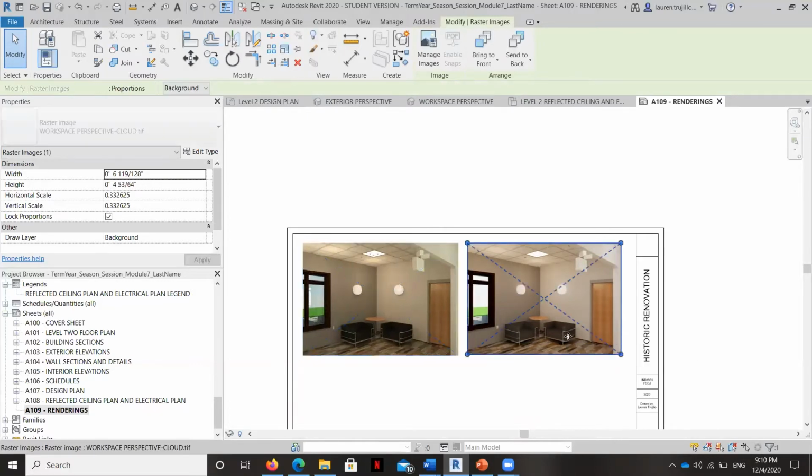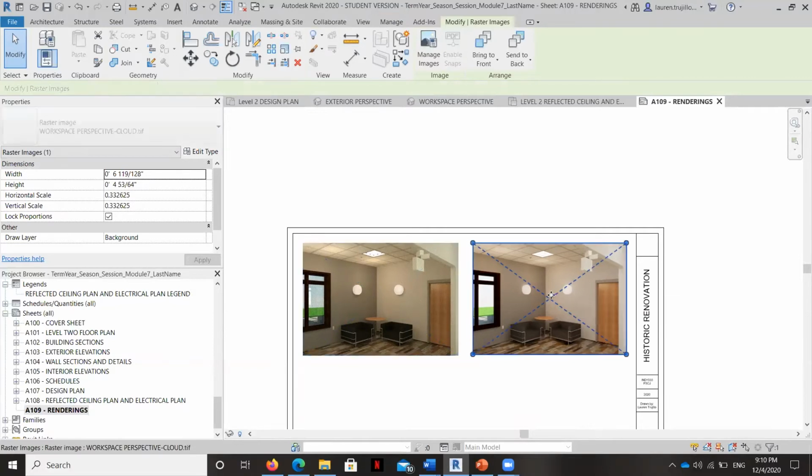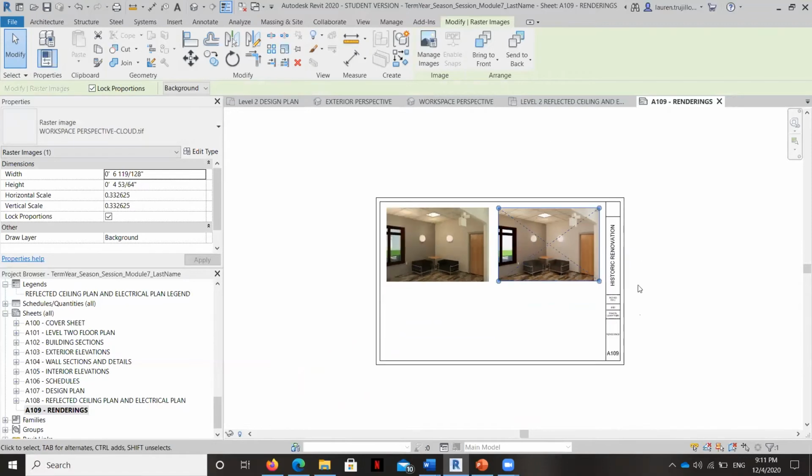And that's how you place renders or renderings on sheets. And again, I'll just take a couple minutes to align them just so that they look really good. And we could even make them smaller and we could bring in the other rendering. That's pretty easy.